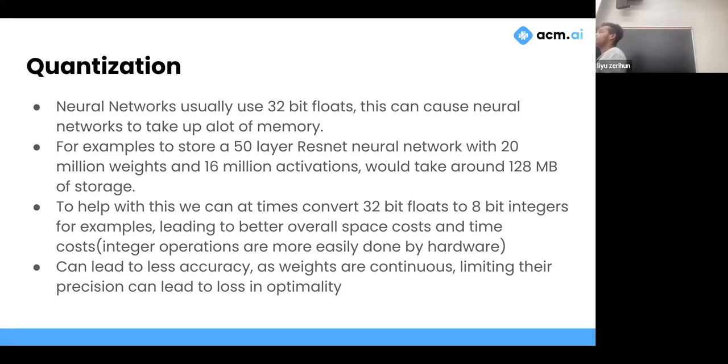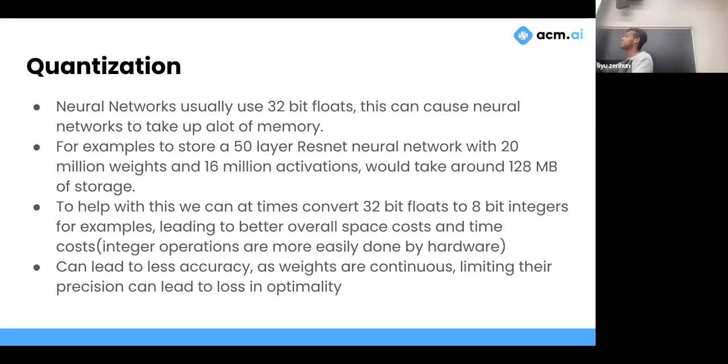And the reason why we use 32-bit floats is because we want a high degree of accuracy and precision, right? And the key thing is that they're floats, so they require specialized operations to calculate, like multiplication and addition and so on. Because floats and integers are different. The way floats are stored in the computer is totally different from the way ints are stored and the operations that occur for ints. So with regards to floats, this might be quite inefficient, right? If we have 32-bit floats in our program.